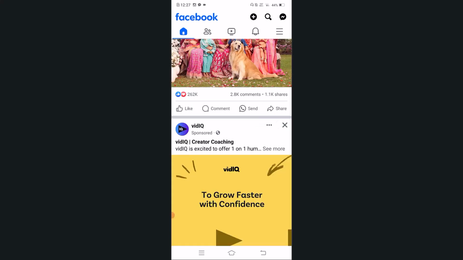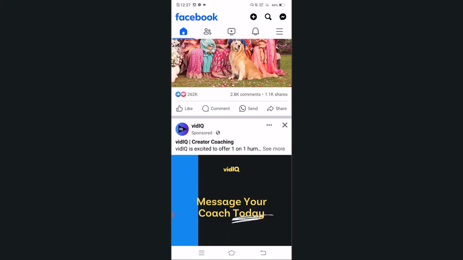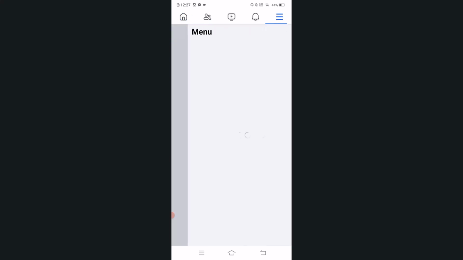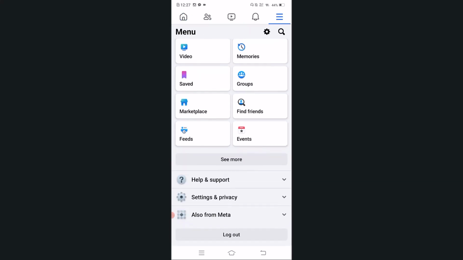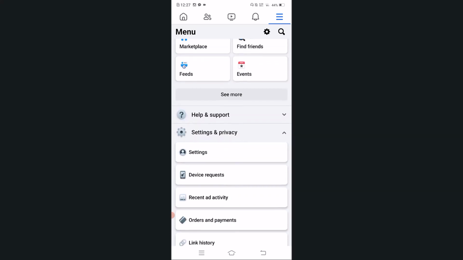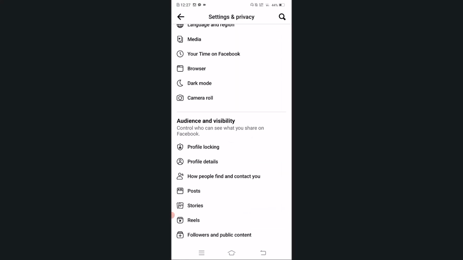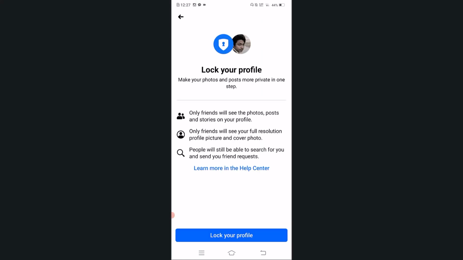and then log in to this profile, and then go to Settings and privacy. Go to Settings and privacy, then go to Settings. Here you will see Audience and visibility. Here, Profile locking. Click Profile locking, and then you will get an interface like this, and you will get only friends